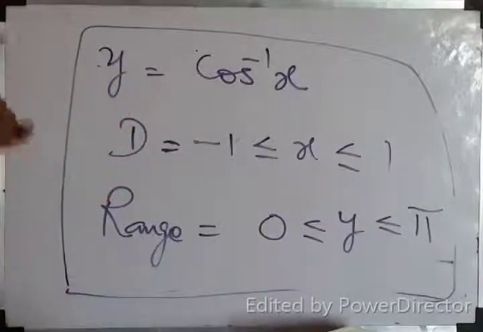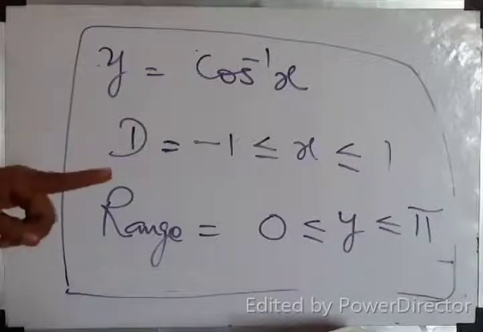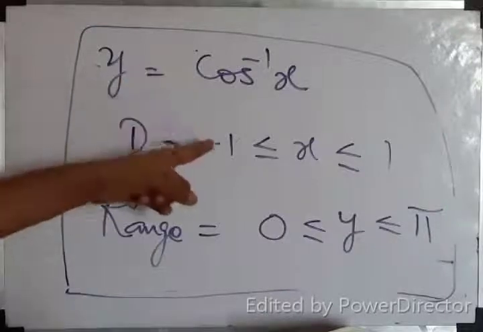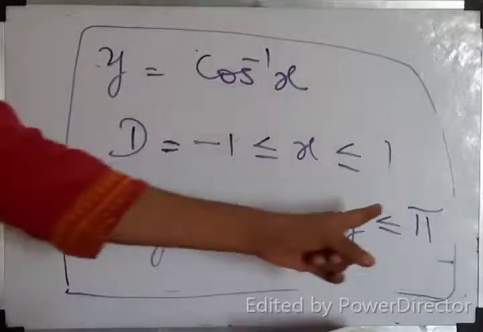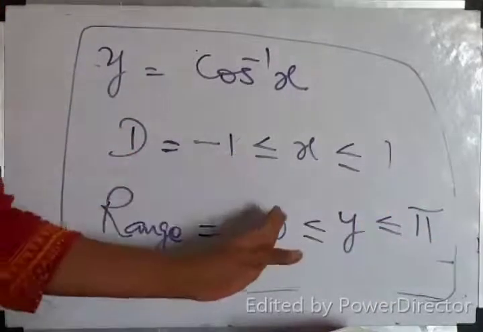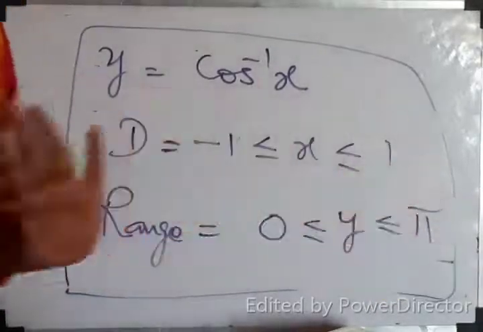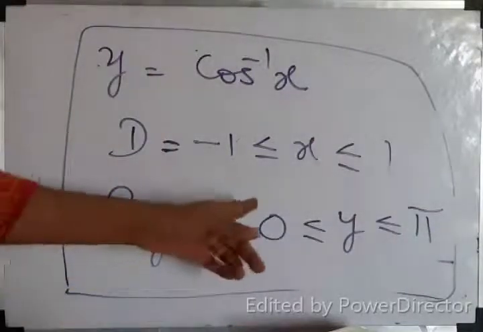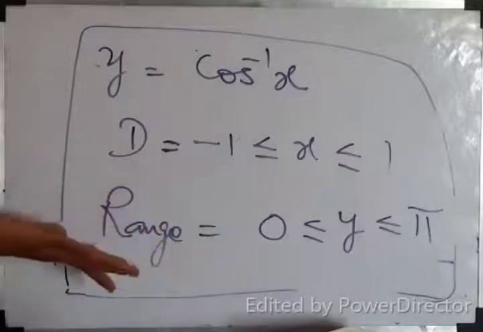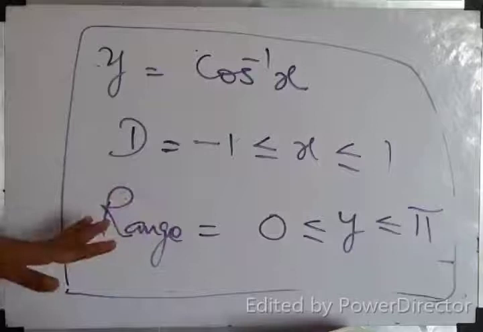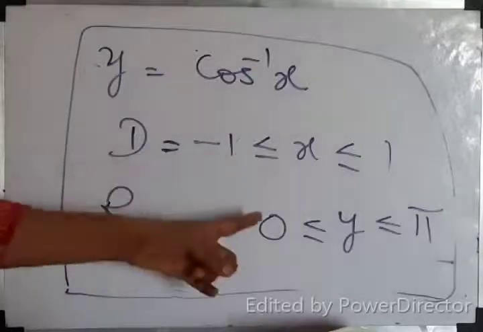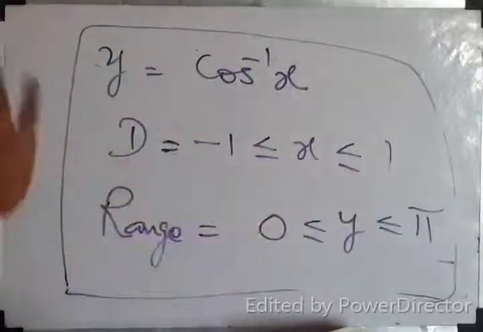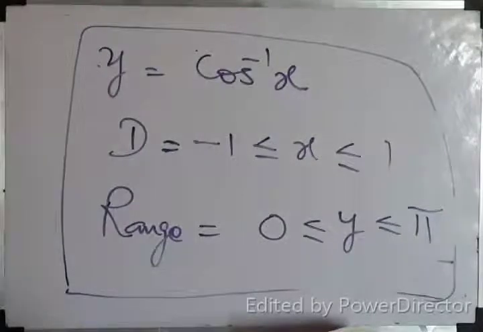Because what is cos 180? Cos 180 is? Yes, minus 1. Cos 180 is minus 1. So from 0 degree to pi value, it is a function. Otherwise, it is not a function. If we go for negative, what is cos of minus theta? Cos theta. Again, you will get the same value. So it is not a function. Do you understand, class? So from 0 to pi, it is a function.